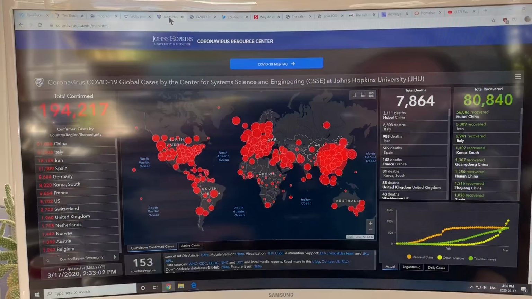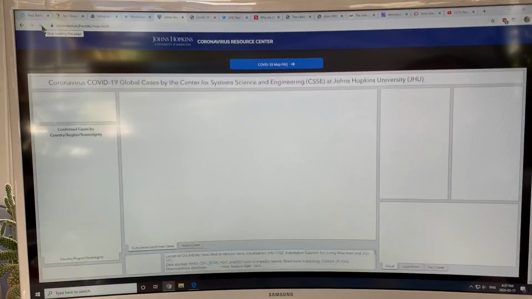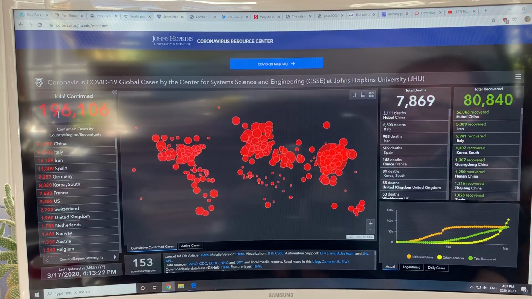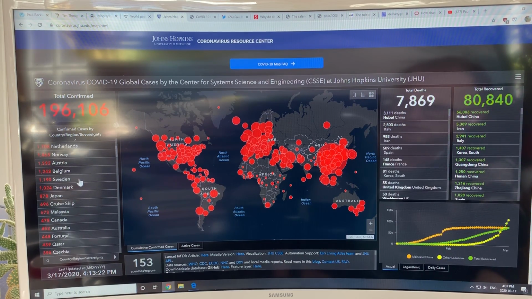Now here's where we are now. This was about 3 hours ago, 194,000 cases, from Johns Hopkins. If you Google Johns Hopkins coronavirus map, you can bring this up and have a look. About 3 hours ago it was this number, and let's see what the latest is. The number is being updated. It's a couple thousand higher, and you can check your individual country. I'm looking, Canada's 478. This is a jump of about 40 people so far today in Canada.